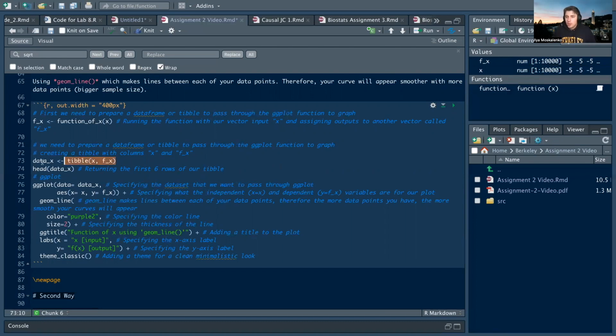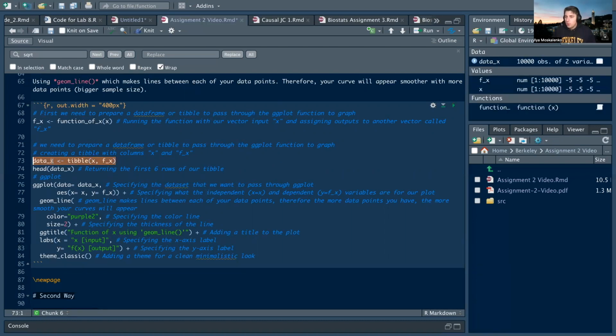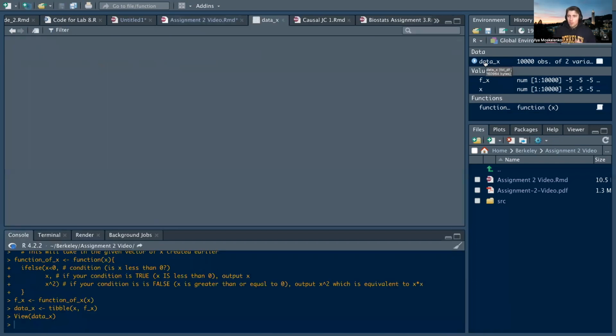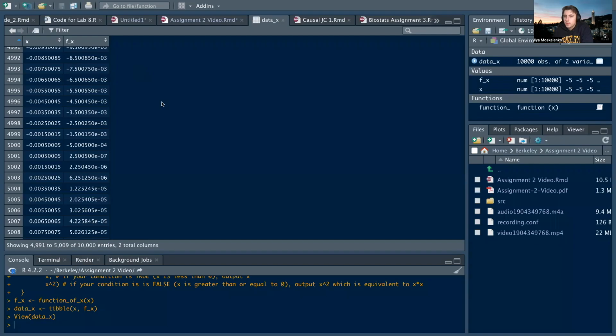So I'm going to run this and create this tibble. Here, I'm going to do a sanity check, and I'm actually going to look through what my tibble consists of. So now that I am inside my tibble, which is called data_x,